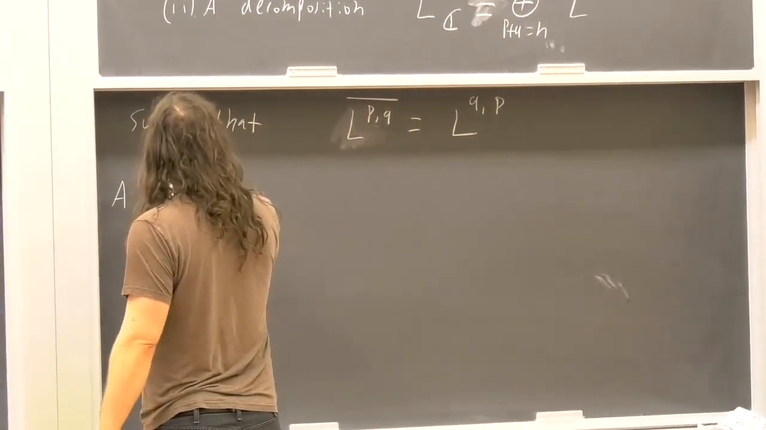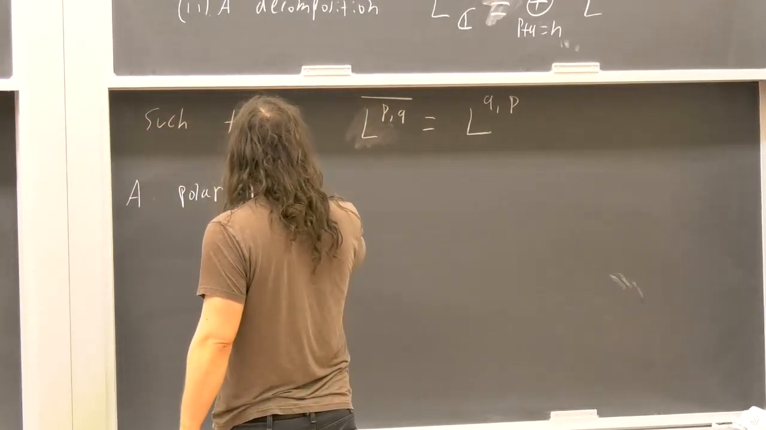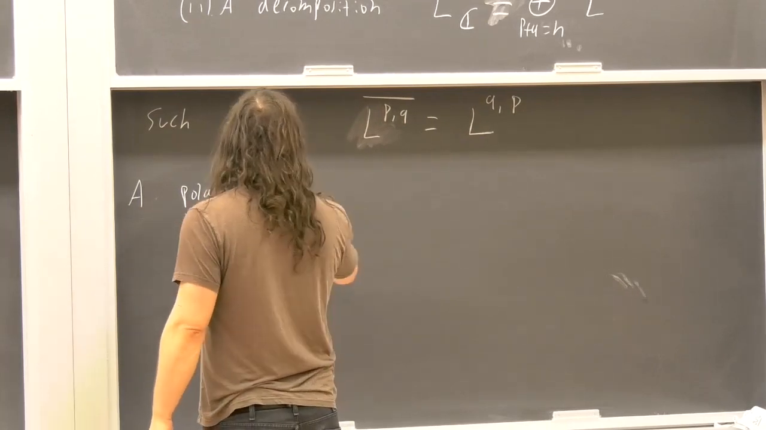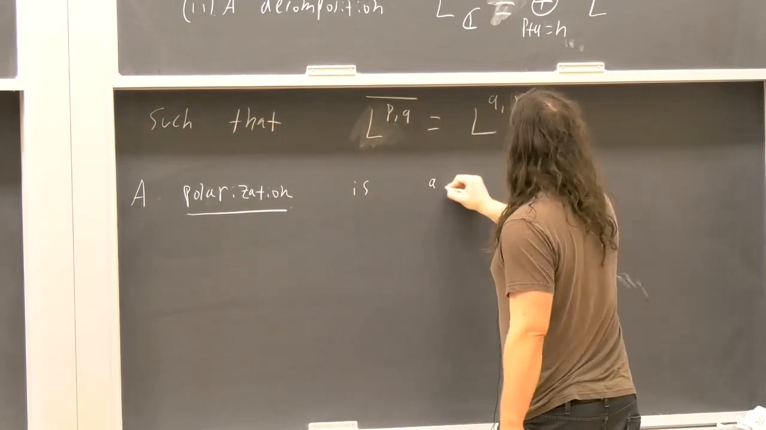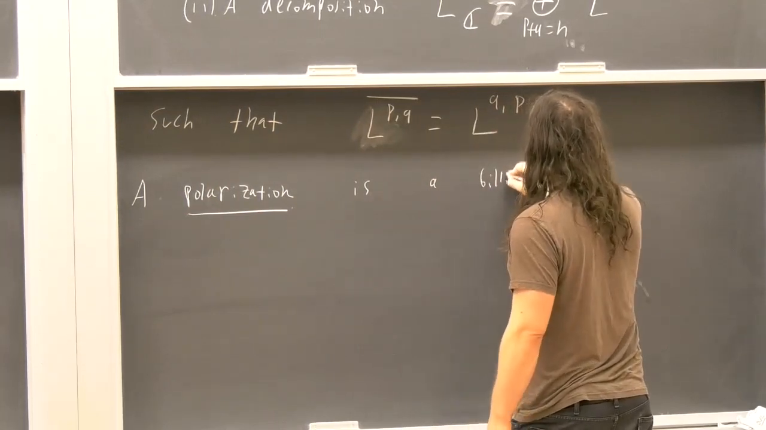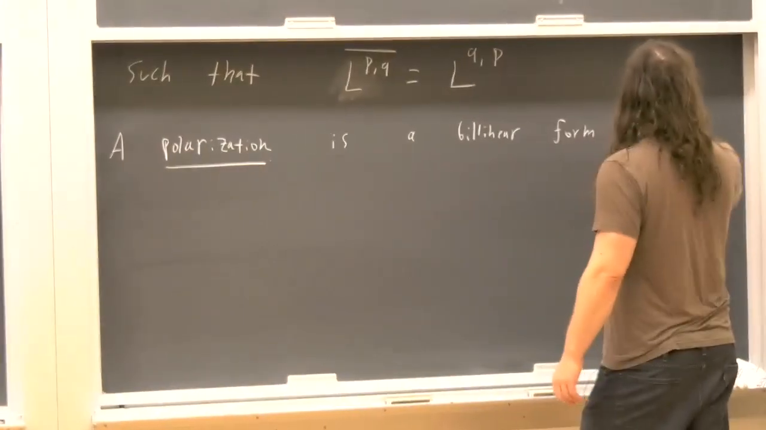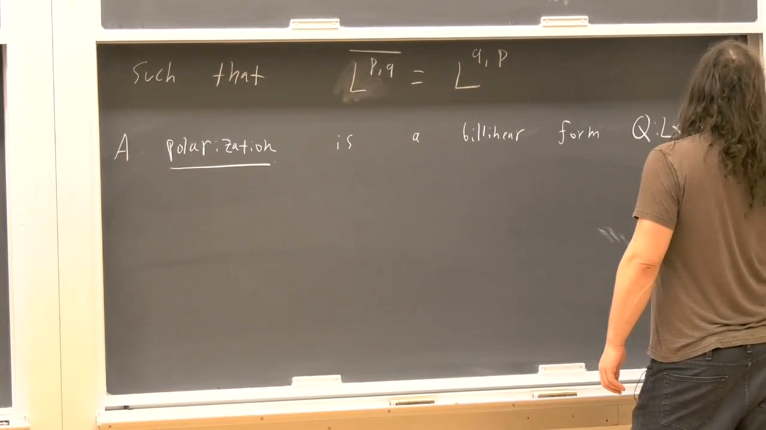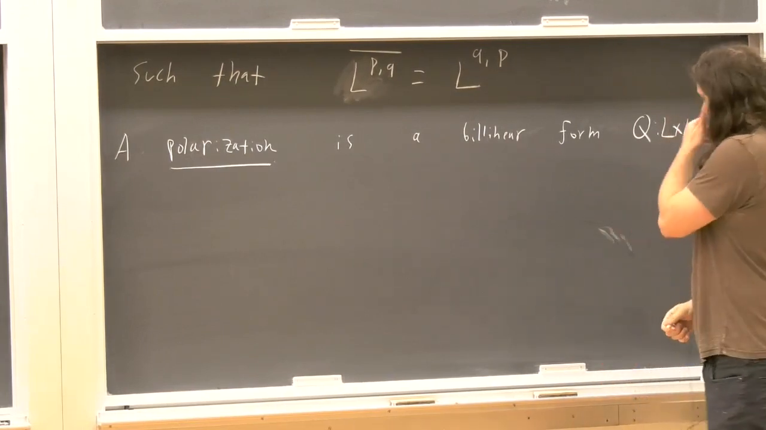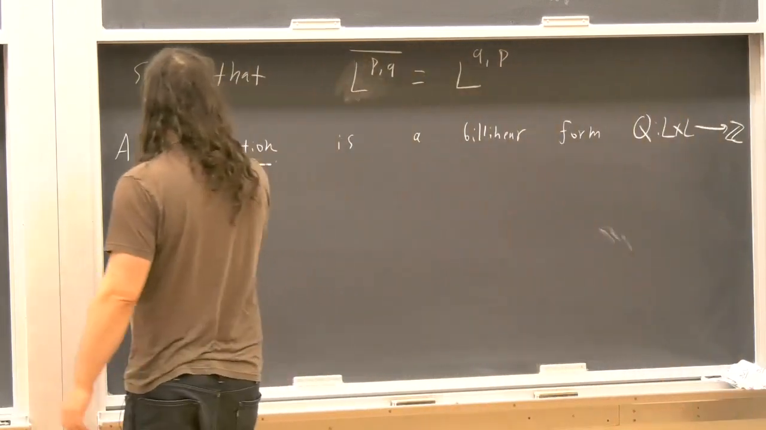And most of the time, we're going to care about polarized Hodge structures. So a polarization is a bilinear form Q on L. It's a map from L cross L to Z, such that